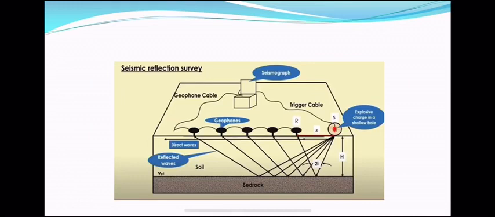Identification of these two waves, the direct wave and the reflected wave, is sometimes difficult. Here we are measuring the velocity of the soil layer, that is layer 1, and the thickness of layer 1. This method is suitable if the soil is homogeneous. But if the soil is layered, which is common in most cases, having different soils, then you have to go for the next technique, which is the seismic refraction survey.